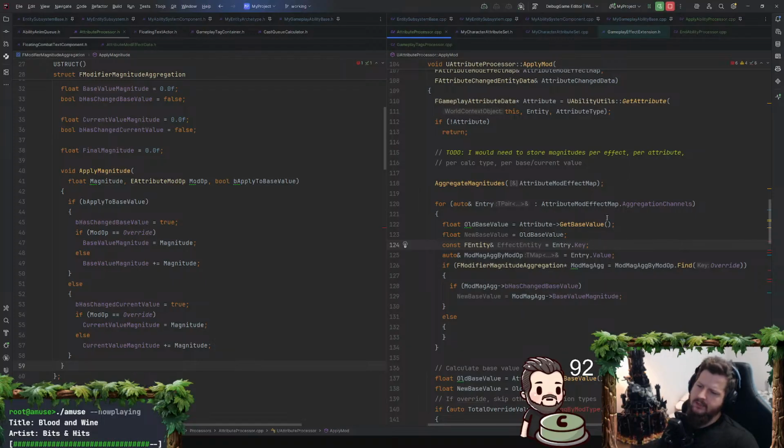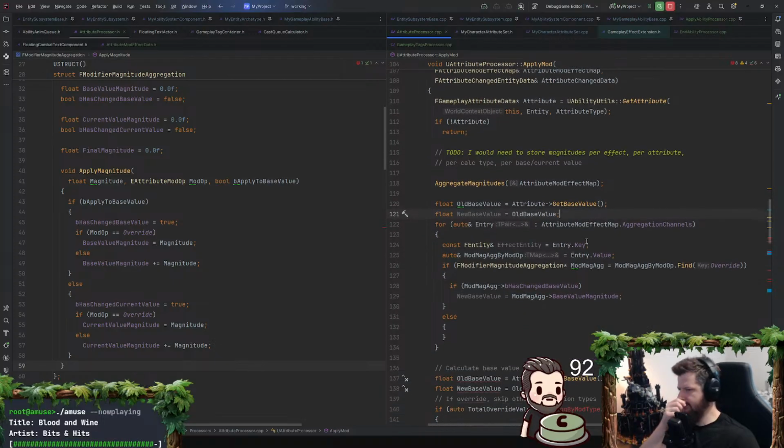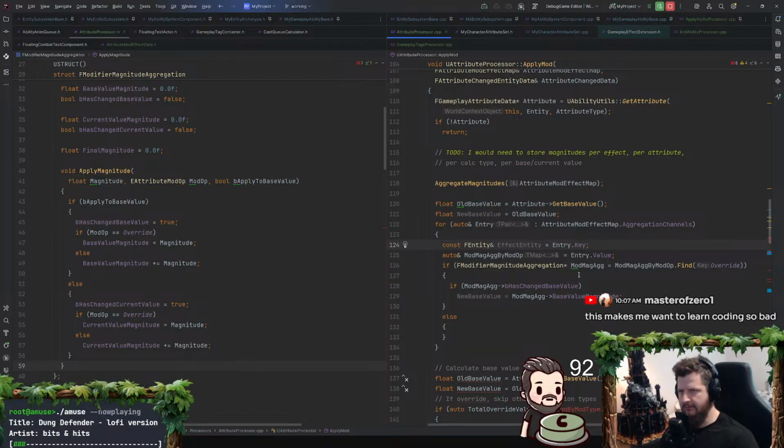No, I don't think I do. So old base value, new base value, and this is on a per attribute basis. Old base value, new base value. And then I need the old and new for this aggregation as well.